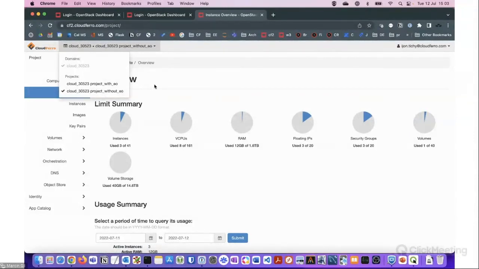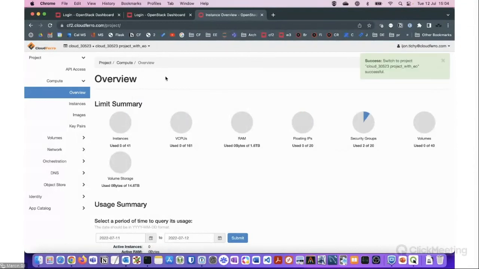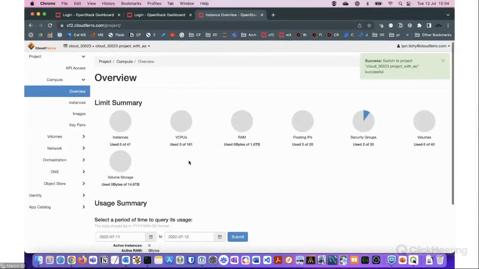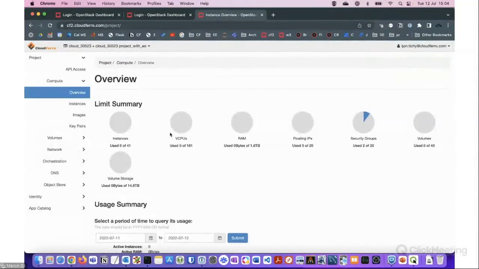And in the future, in next cloud, in WAF 3.1, you will just have one project, but at this moment you have two projects by default. So you can choose any of them to create your resources. And for instance, here you can see that in this project, I have no instances and no resources, in fact,